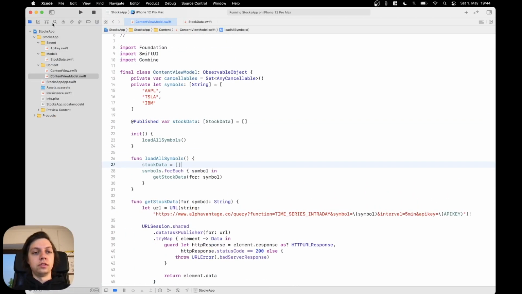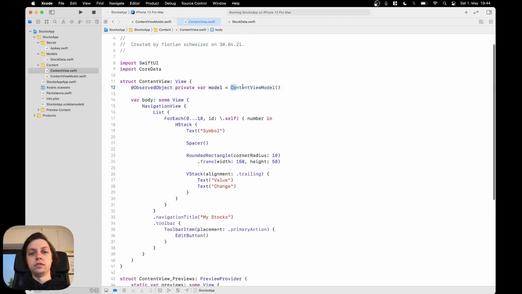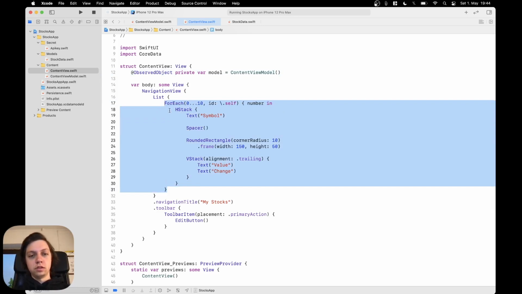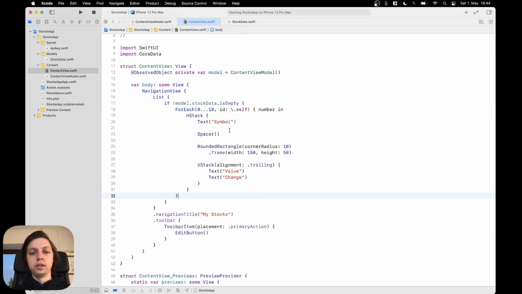Okay, so now let's get into our content view. We already have the view model here, and for now we have this mocked ForEach. So what I will do right now is make sure that we're only displaying stuff if our stock data is not empty. So if not model.stockData.isEmpty, then we will display this ForEach here, and we will just iterate over model.stockData. And as an ID,